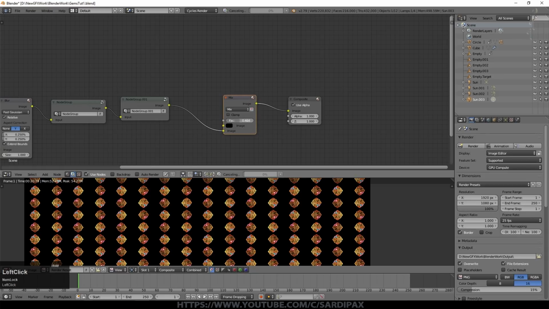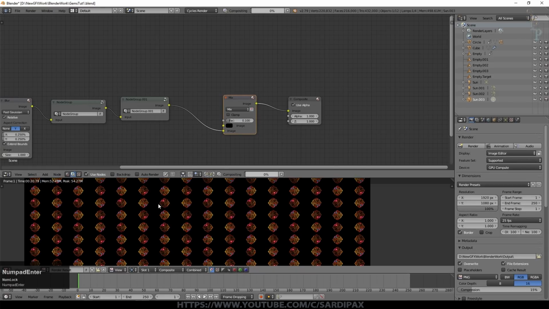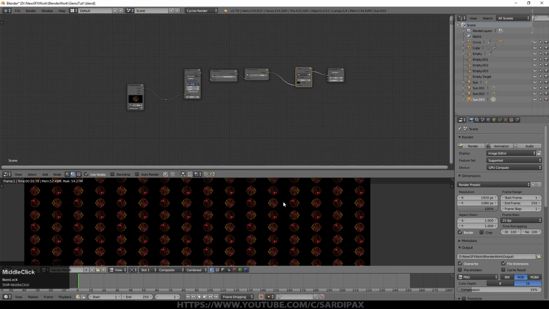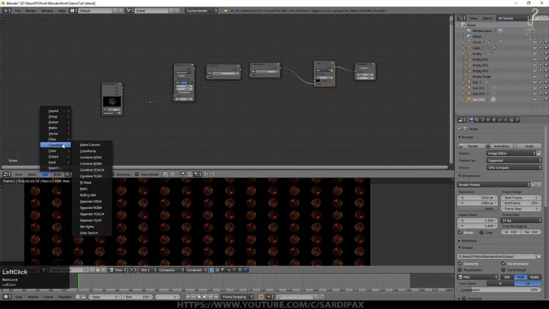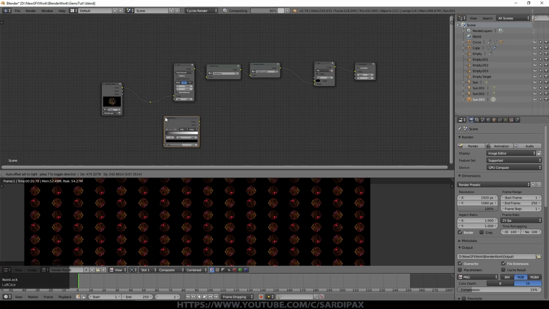And then what we can do is we can turn the brightness down a little bit here, because we don't want it being too bright, because this is supposed to be the background, perhaps 0.05. And now we need to overlay our original image. So I'm going to add a converter, which is a color ramp, drop that in about there, and take the image to one side of it.